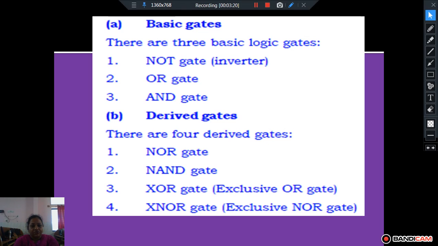The output of the AND gate is 1 when all the inputs are 1. Otherwise, the output is 0. Then we have the NOT gate. The output is the opposite of the input. Input 0 gives output 1, input 1 gives output 0. Then we have four derived gates: NOR, NAND, XOR and XNOR, that we will be studying in detail in today's class.